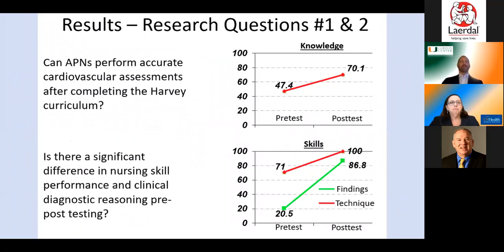And so real quickly, I won't go through all of the outcomes, but just two highlights. One was we saw a significant increase in the knowledge base for all of the students and an even more impressive increase in their skills assessment. The thing most notable by students and faculty was that just by becoming more systematic in their approach, the students were far more efficient at not only conducting the assessment, but being able to interpret the findings.